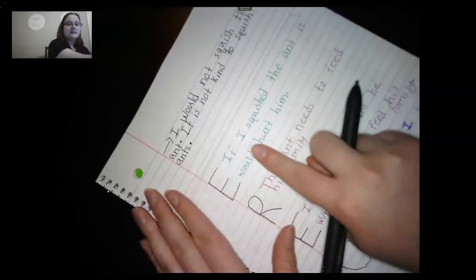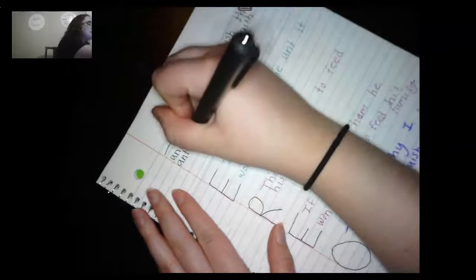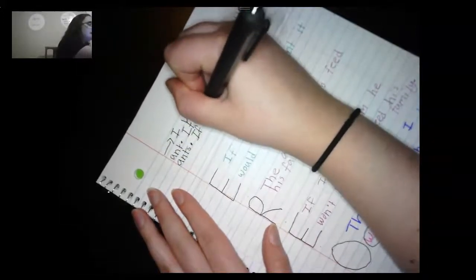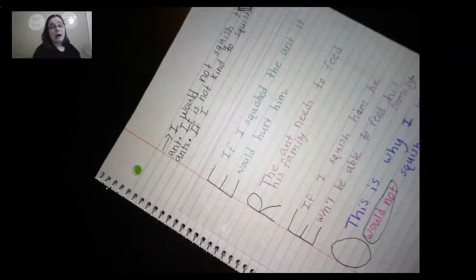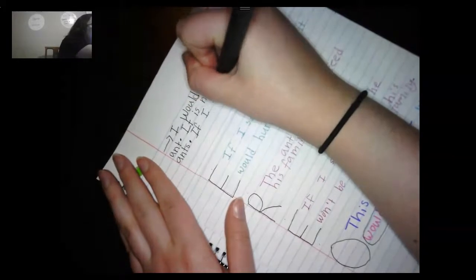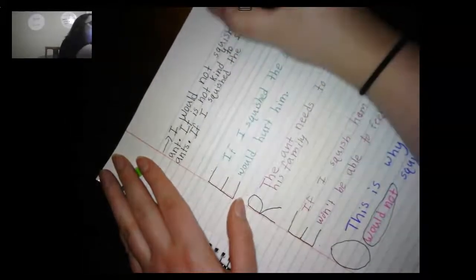So we're going to go back up and I'm going to start writing the sentence. And let's see, I have if with a capital I because it's at the beginning of our sentence, a finger space, I, which is also capitalized because the letter of the word I is always capitalized, finger space, squished, finger space, the, finger space, ant,